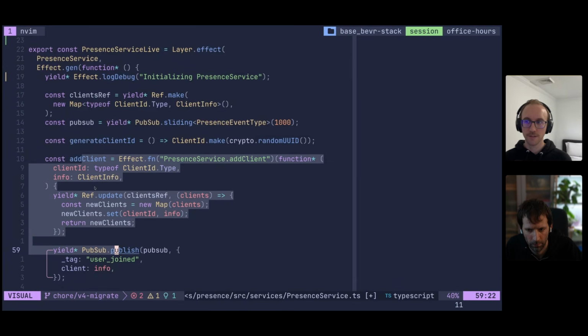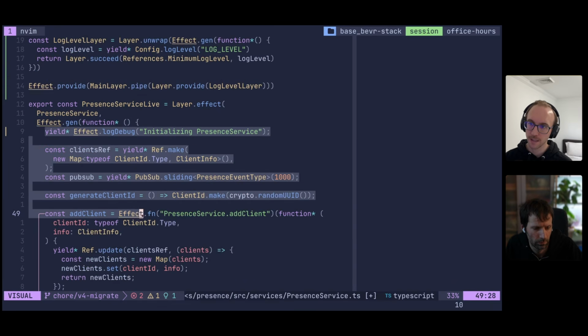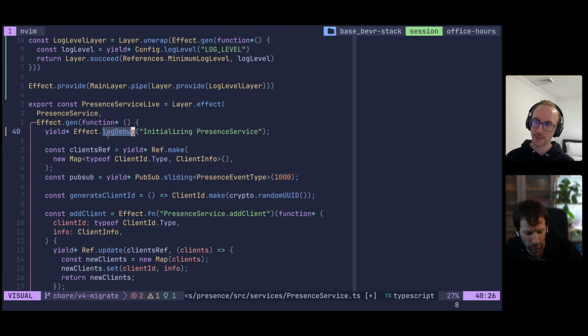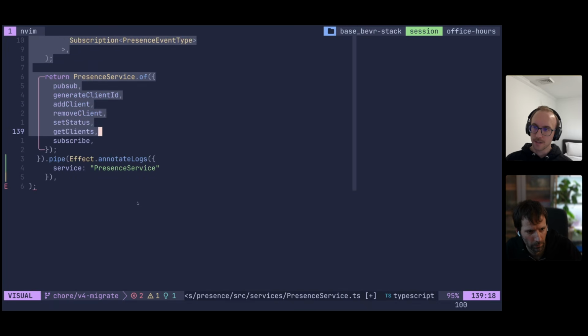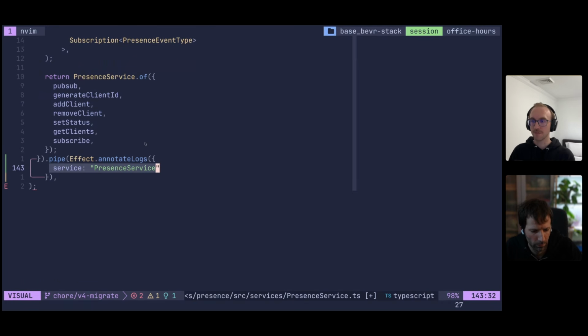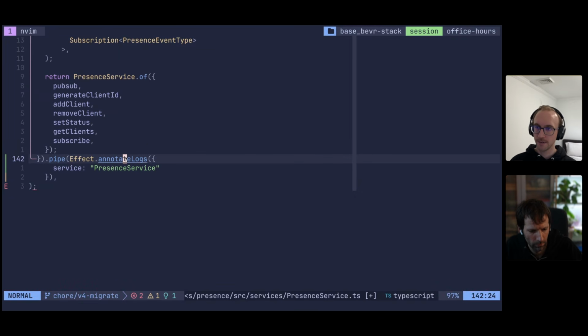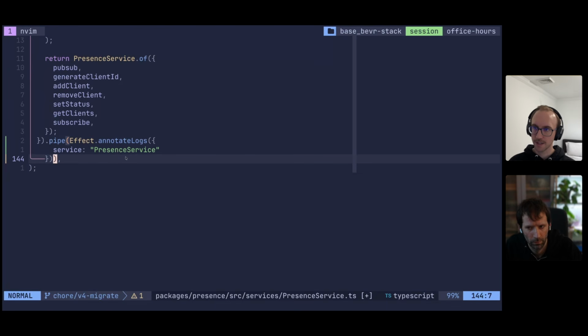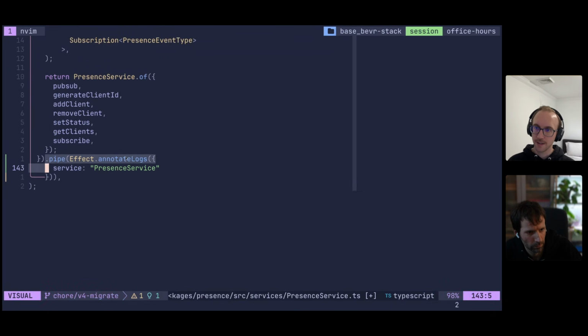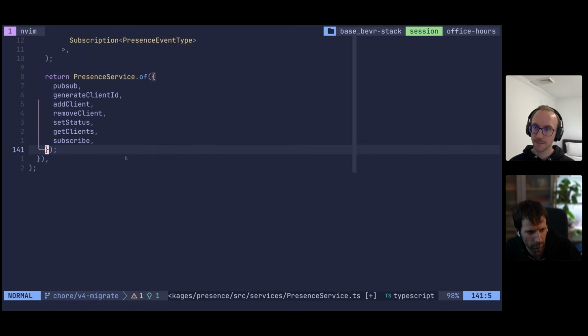The methods are their own effect. They're not attached to the constructor effect scope of log annotations. But in the constructor, any logs that you issue, like if we were to see this debug, would also have a log annotation associated with it with the presence service. So you can clearly see this is originating from the presence service, right? And you can also add other things here, like span annotations and things like that. But I think this is an underrated thing,